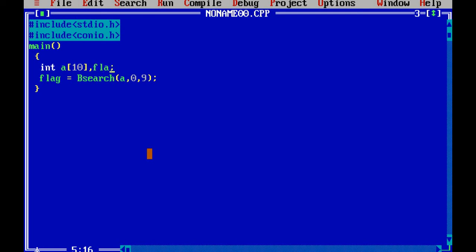So let's initialize flag equal to 0. So if somehow I find the data, I must return 1 to this flag, right?